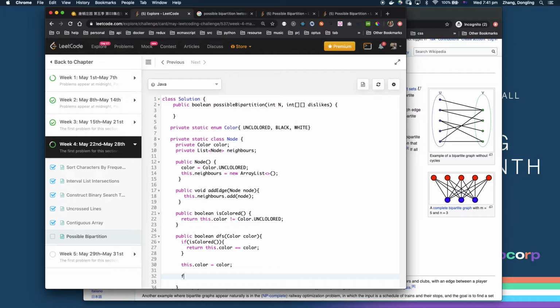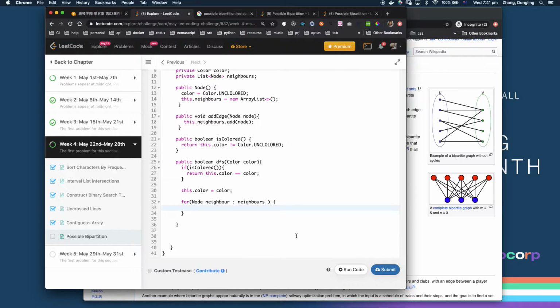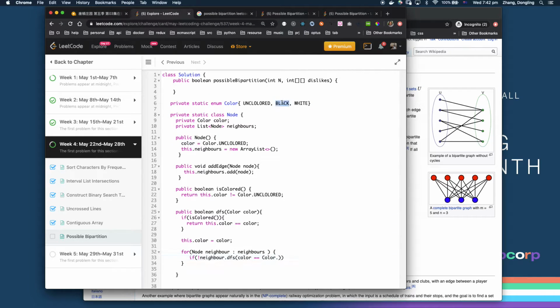Then you loop through the labels. For each label node in labels, you're going to see if label dot DFS search, color equal to, if it is black,